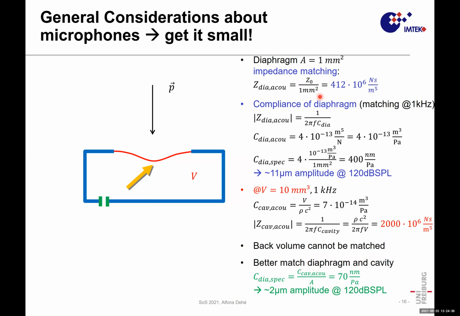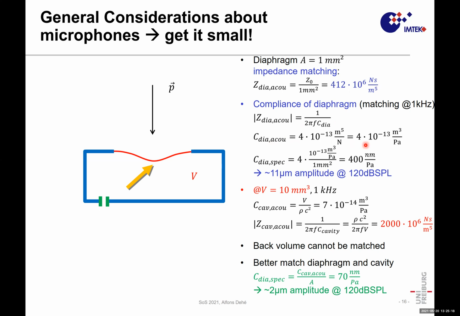Z0 over 1 millimeter squared, getting the acoustical diaphragm impedance of 412 times 10 to the 6 Newton second per meter to the fifth. Crazy dimensions. Nevertheless, this is the impedance to meet. If I have such an impedance, I can calculate back the compliance of a diaphragm. So we have a pure capacitive or compliance here of the diaphragm, so no losses, no inductance. We simply calculate the diaphragm compliance from here, ending up in this number, 4 times 10 to the minus 13